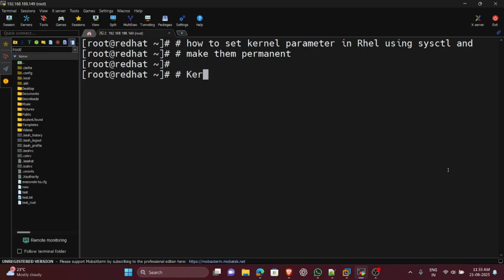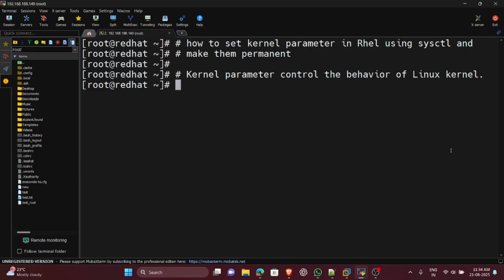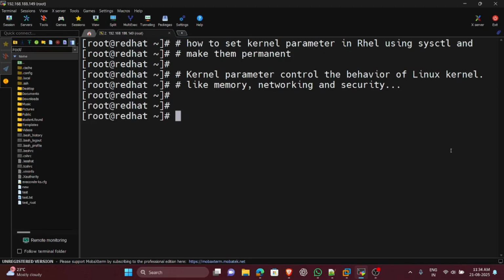So as a statement, we can mention this also: kernel parameter control the behavior of Linux kernel like memory, networking and security. We can view and change them at runtime,